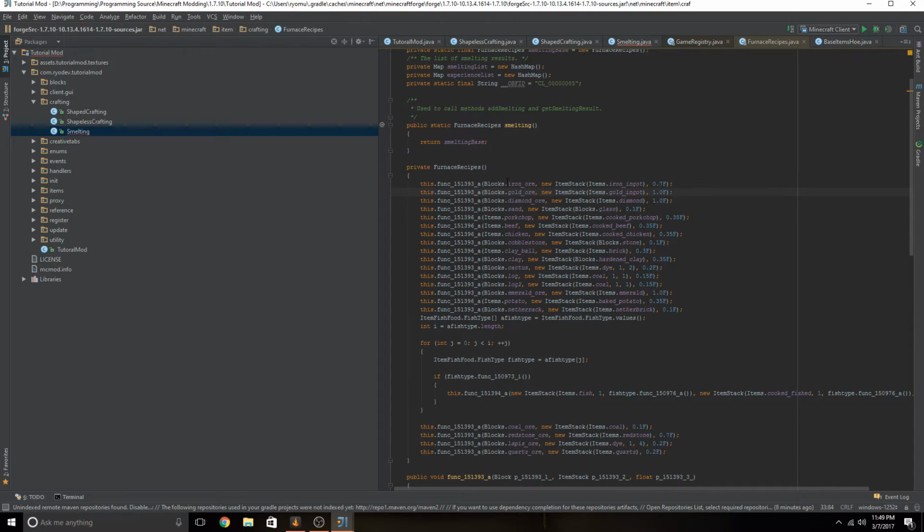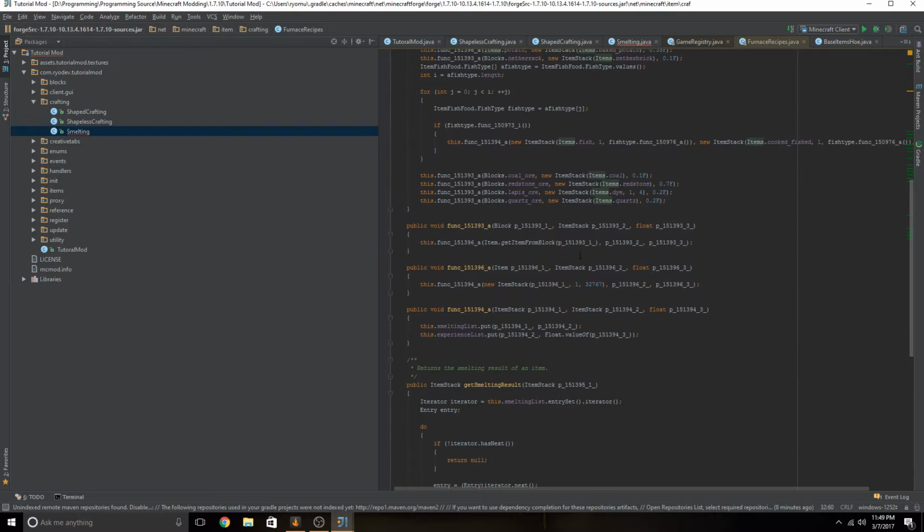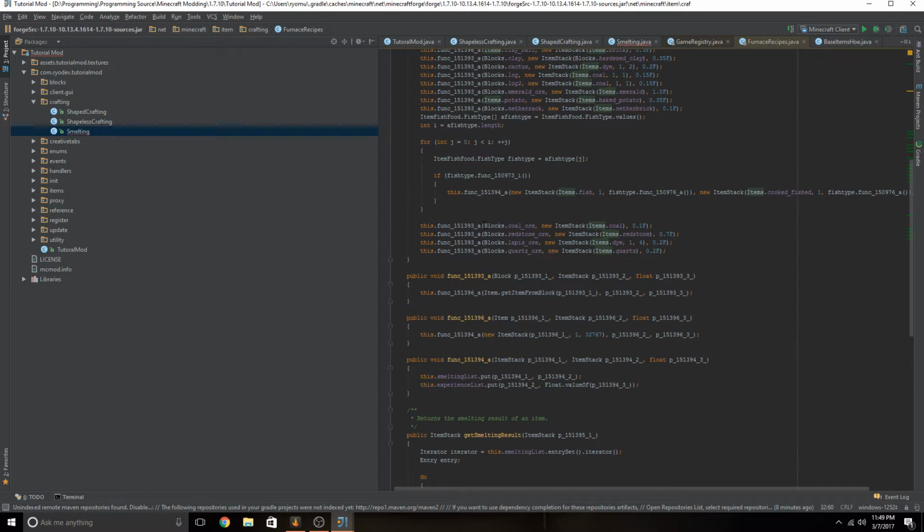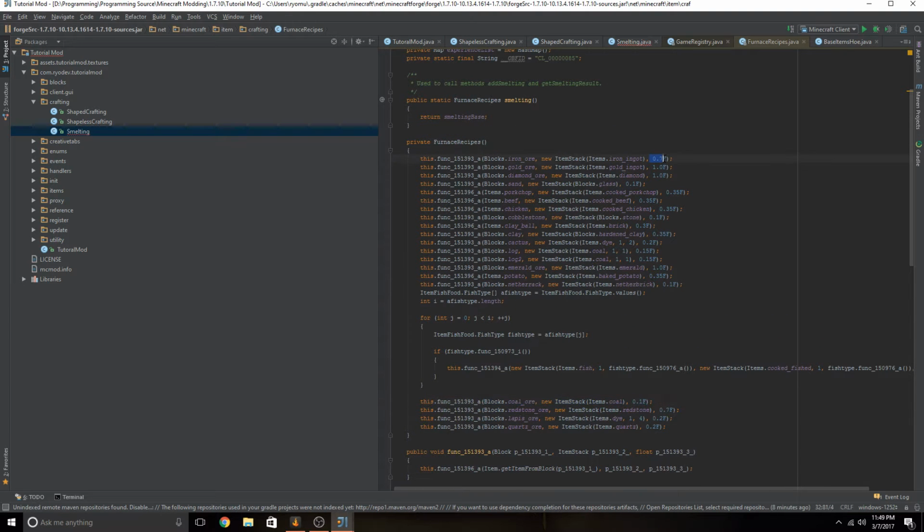So it requires a block or an item. It requires an item stack, and it can also be shown down here as a block, item stack, and then the value of the experience as a float. So we're actually going to be looking for iron ingot, and we're going to give 0.7 F